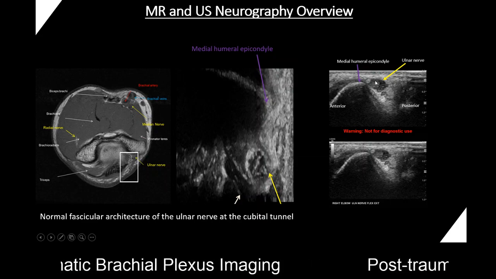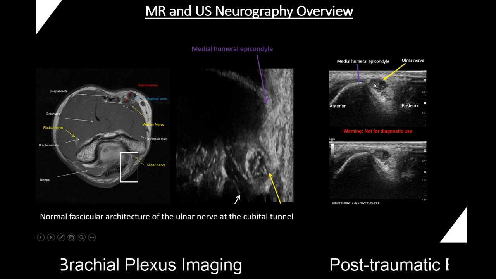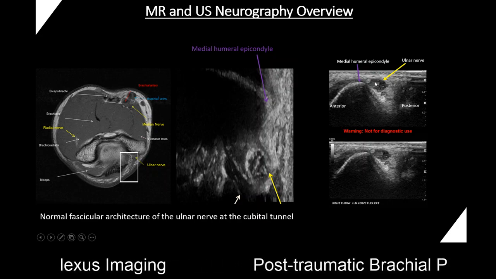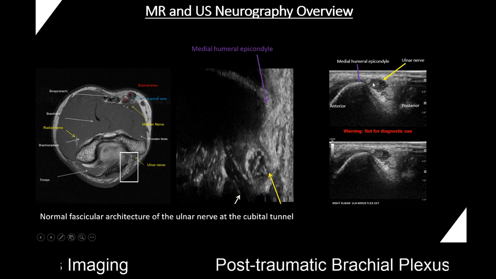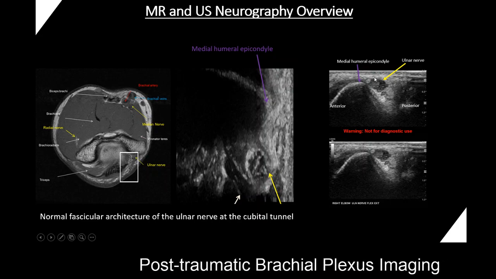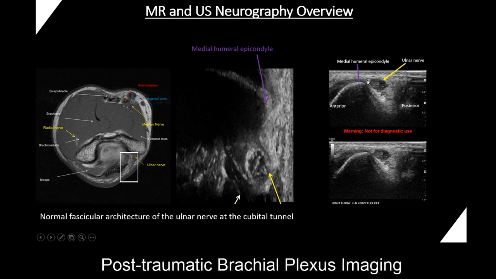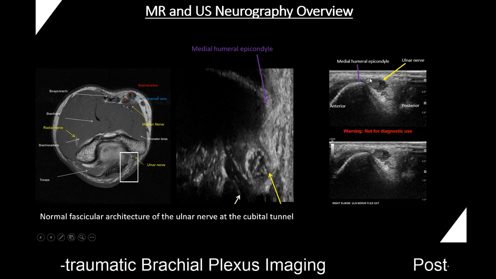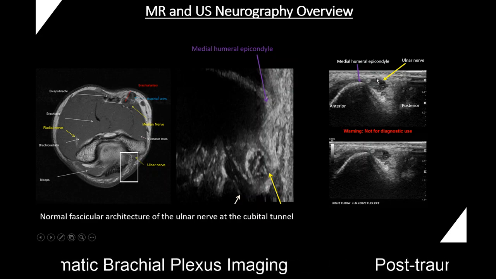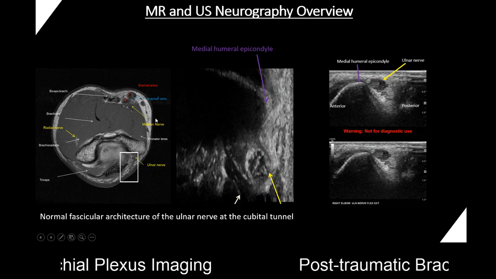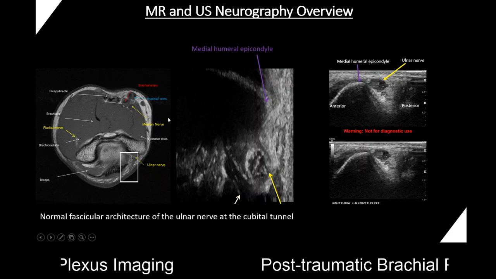In this patient with ulnar nerve and a suspected snapping nerve condition, you see in extension the ulnar nerve is still in the cubital tunnel. It's posterior to the medial humeral epicondyle, but it is high. So this is suggestive that there may be a deficiency in Osborne's aponeurosis or fascia holding it in place at the cubital tunnel. With MRI, we image in full extension, and so we don't get this dynamic appearance, and the